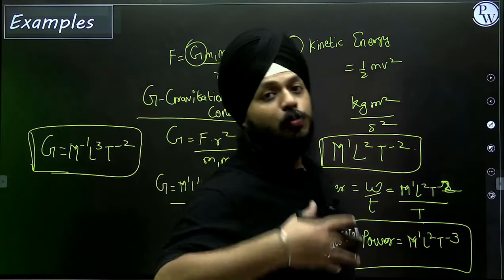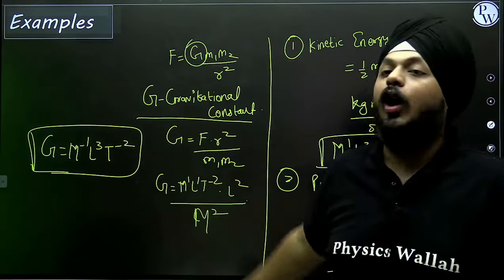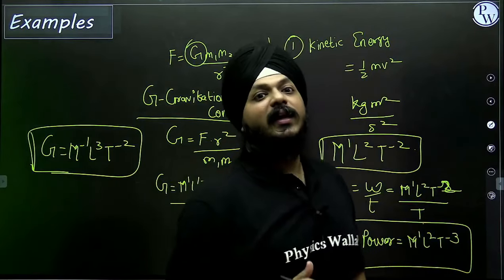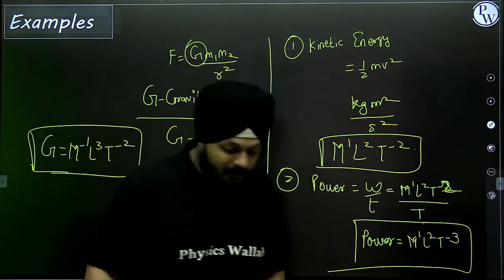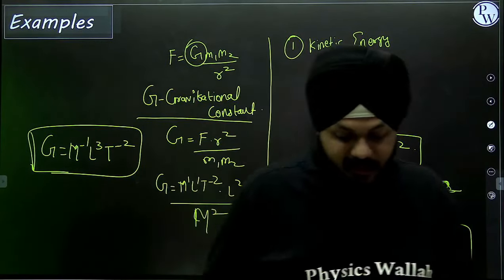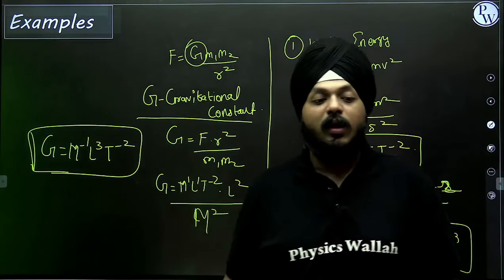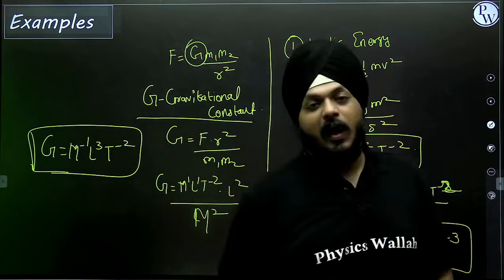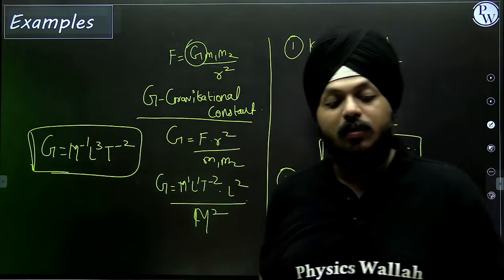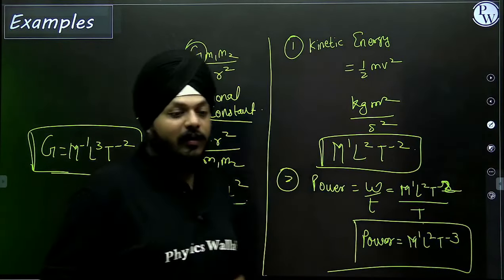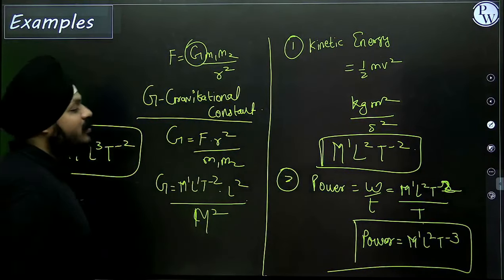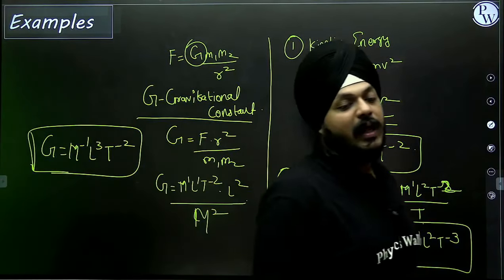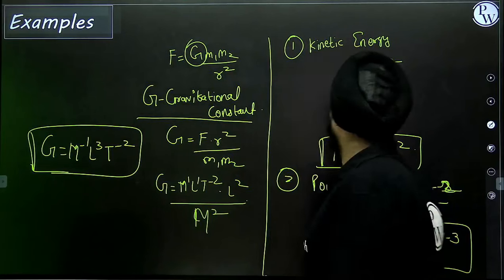So rather than remembering all of those stuff, we have to see, in one film, 3 Idiots, "Don't run behind success, run behind excellence; don't run behind the dimensional formula, run behind the units." Same thing we are going to apply here. We have to just remember all of those units, and the dimensional formulas will be in front of you.